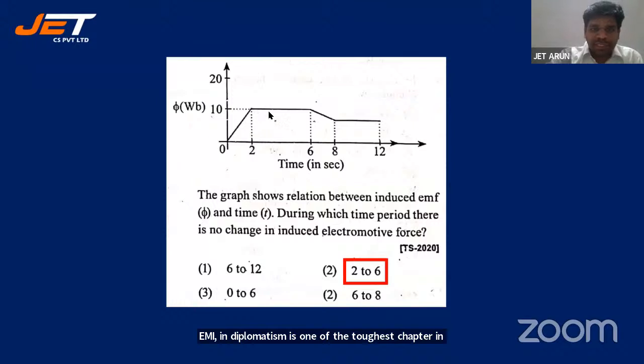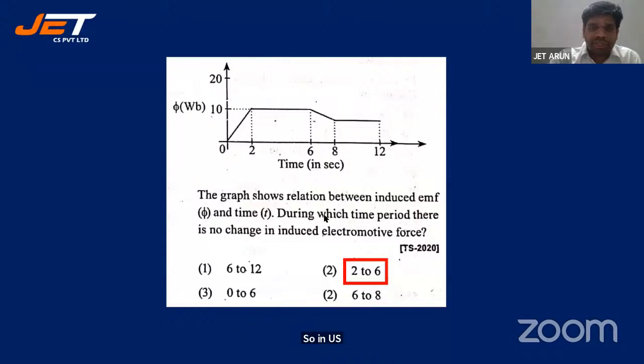See, from 2 to 6, the flux is remaining constant. From 8 to 12, flux is remaining constant. From 0 to 2, flux is changing. From 6 to 8, flux is decreasing. 0 to 2, flux is increasing. 2 to 6, constant. 6 to 8, decreasing. 8 to 12, constant. So induced EMF,